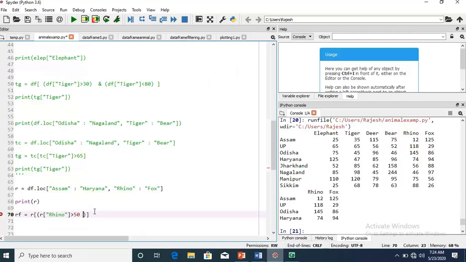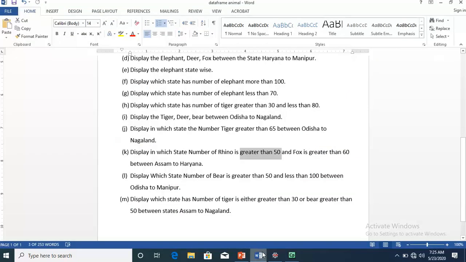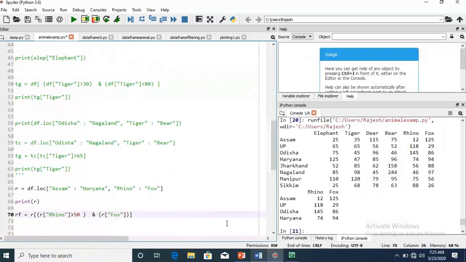This parenthesis is closed. Then because I have to combine two or more conditions, I am using the operator AND. Then again parenthesis, then R, square bracket, the next column is fox, and fox is greater than 60.